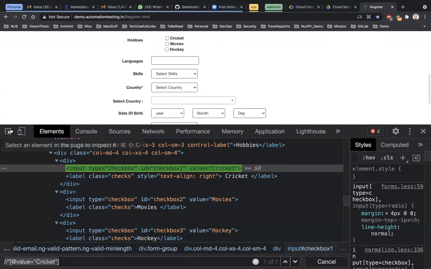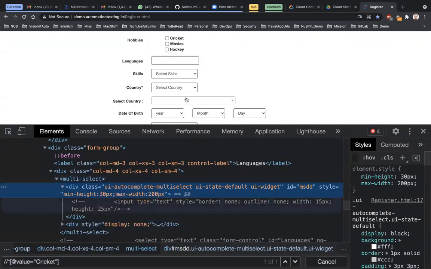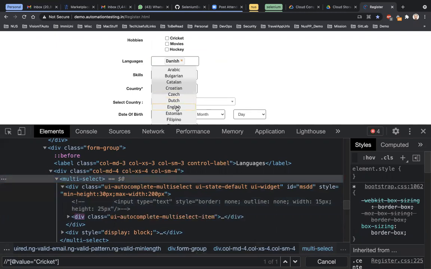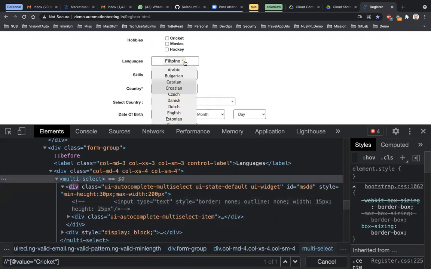Then comes the language. Let me quickly do the language also, since we are doing everything. So here what we have in language, okay, is this a drop down or a checkbox? This is something different. Let me not do it right now. This requires some more explanation. This is a multi-select option, so we'll try to do this in a separate way. This could be a bit complex for now, so we'll not do it.